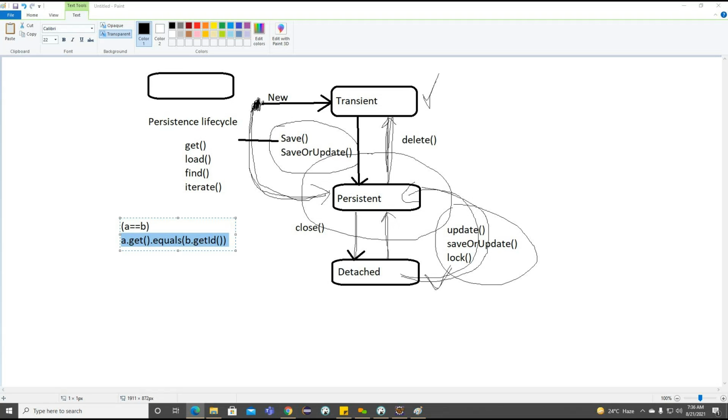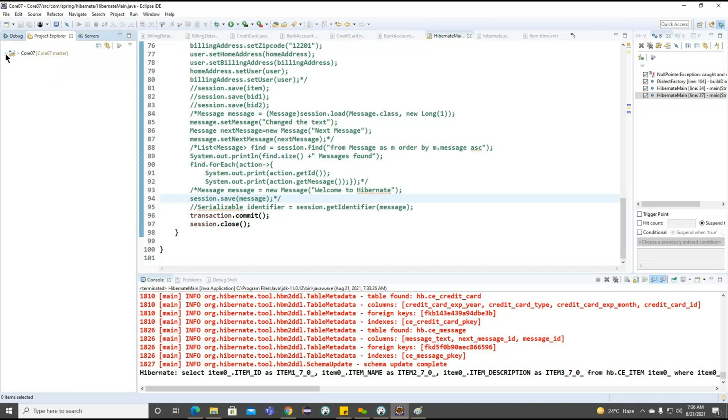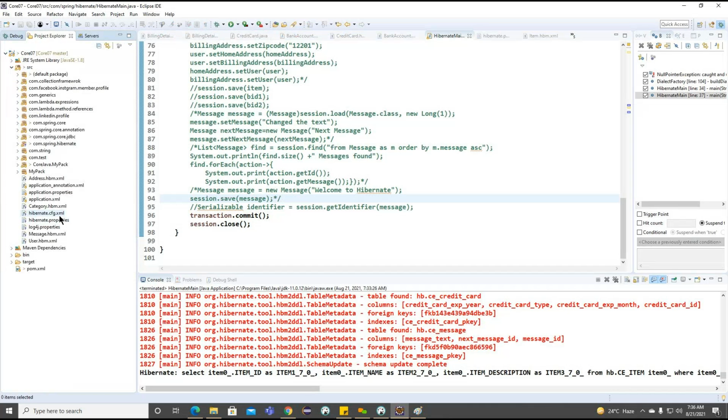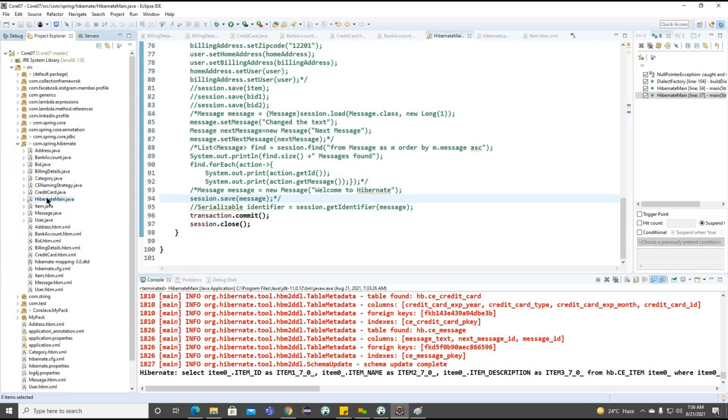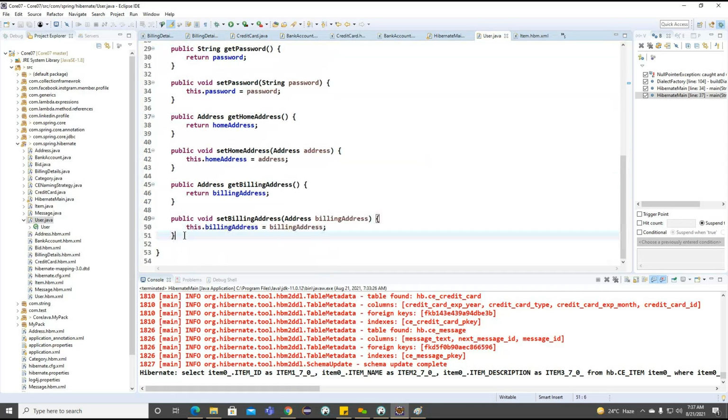Now we'll observe how this persistence manager is going to work, and internally, if we want to implement the equals and hashCode methods, how we can implement them. We don't want to provide more about the equals and hashCode methods; we already identified that in the previous example. If we want to implement the equals and hashCode methods, how can we write them? We are going to compare two objects to see whether they are equal, even when we load the object with a different session. So simply, I want to provide this for the User class.